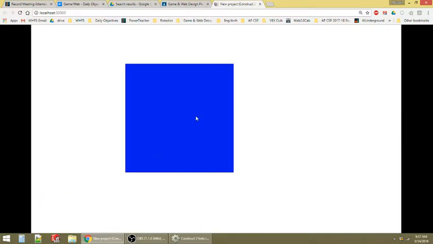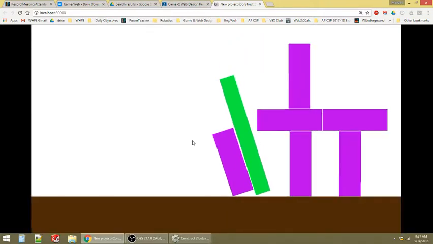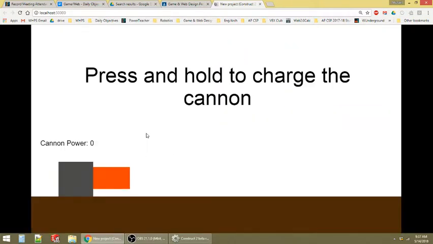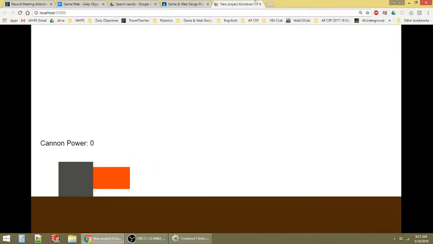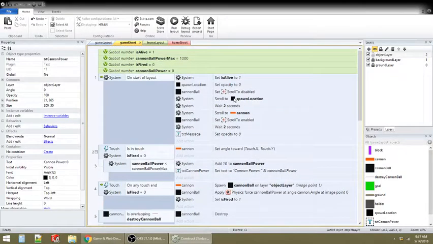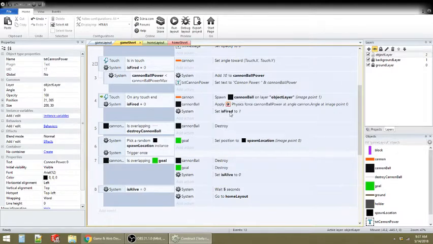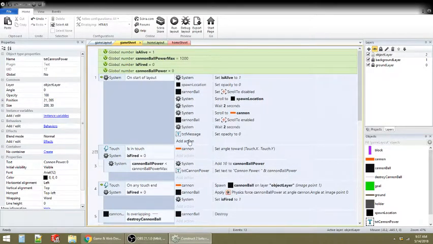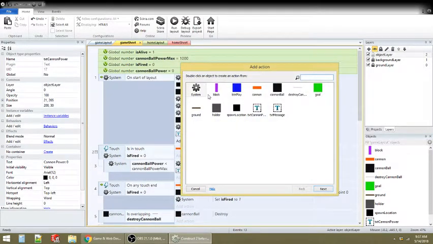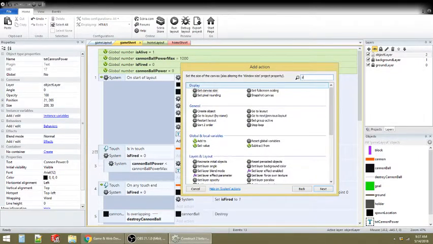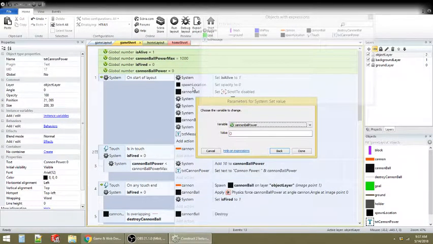Now what? Now here's my other error again, is that when I launch, here it's actually starting, I'm pressing and holding. My cannon is actually not resetting the charge, because I don't know if we have that shot fired set back to 0. So right now, after we let go, shot fired becomes 1. So another thing that we need to do in here on the system, on start of layout, we need the system set value of shot fired